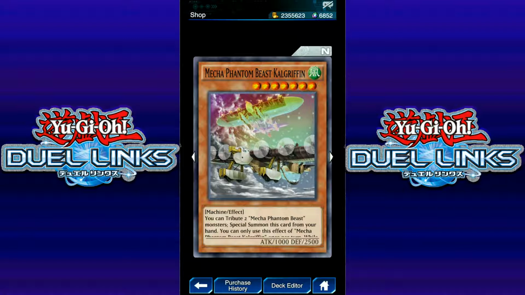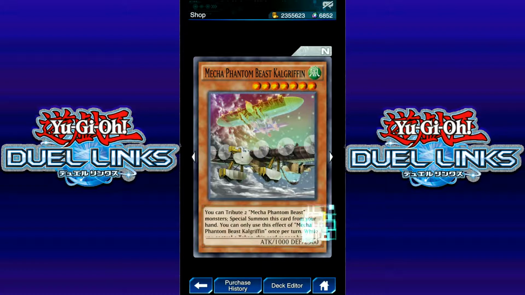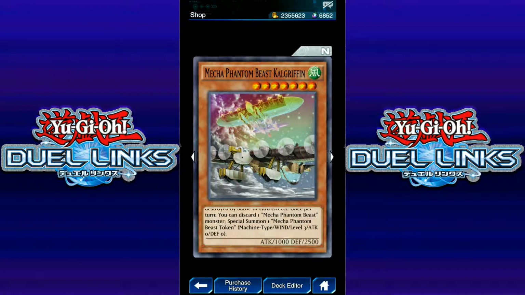Mecha Phantom Beast Cal Griffin. You tribute 2 Mecha Phantom Beast monsters, special summon this card from your hand. You can only use this effect of Cal Griffin once per turn. While you control a token, this card cannot be destroyed by battle or card effects. Once per turn, you can discard one Mecha Phantom Beast monster, special summon one Mecha Phantom Beast token. So,